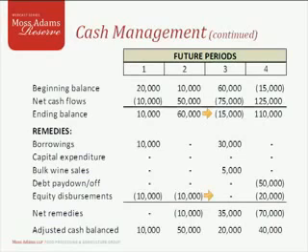What's more telling here, and you could make the argument that equity disbursements could go up above, but I've included them down here as, in looking at this analysis, if you knew period 4 was going to have a cash surplus, and let's say you had a monthly disbursement to owners of $10,000 a month, and you knew you were going to be short in period 3, but you knew you were going to have a surplus in period 4, you could defer that equity disbursement potentially to period 4 when you have some additional cash flow.